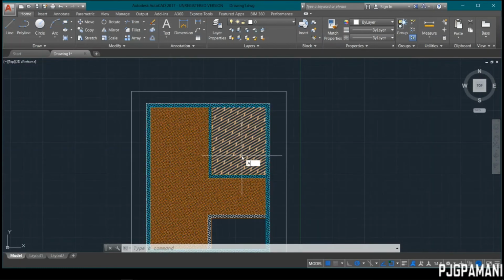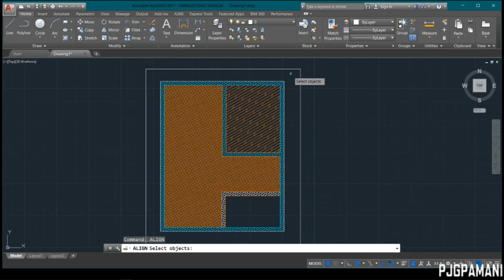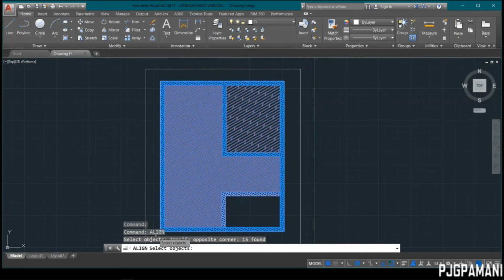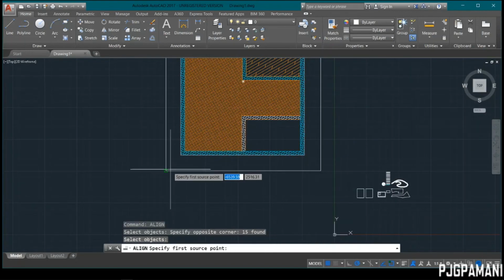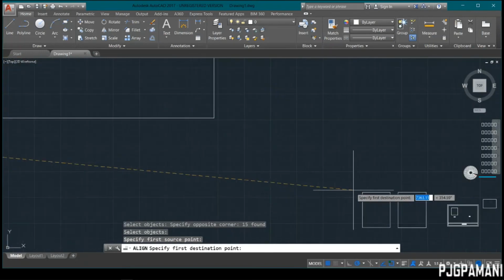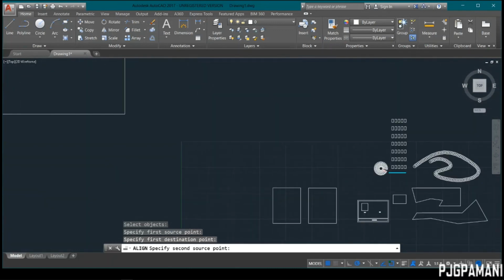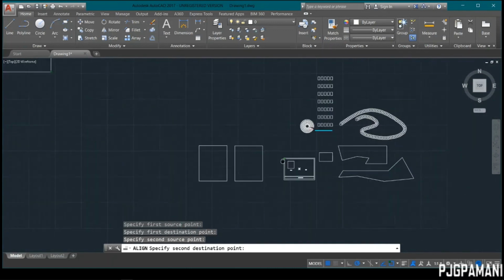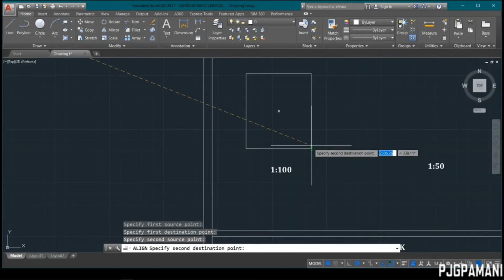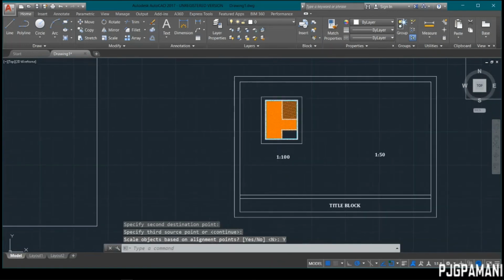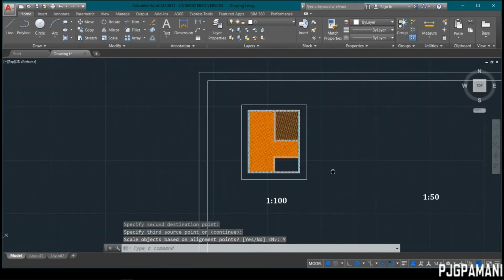With that said, alignment. Select the objects that you want to align at the scale of 1:100. Your reference point, spacebar, then click your reference. Connect natin dito. Then your second reference. As much as possible, provide 2 references. Then enter. Scale, yes. Enter. So, this is now a drawing under the scale of